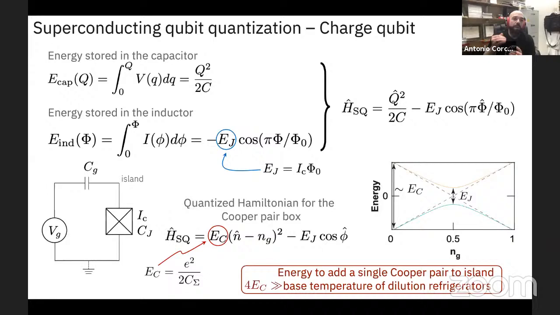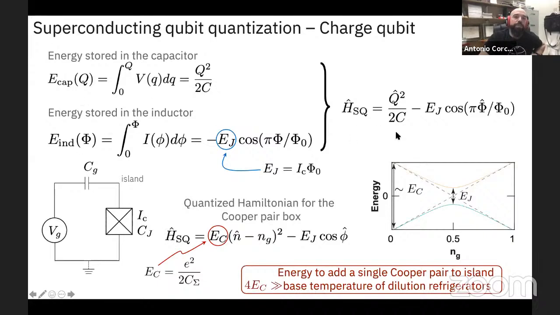So we have a Josephson junction. The Josephson junction has a critical current associated with it, which is this IC, and then we have a capacitance associated with it as well, and we can add some capacitance externally to the junction. From there we have some energy stored in the capacitors, and then some energy stored in the inductors, and we can build a Hamiltonian with these